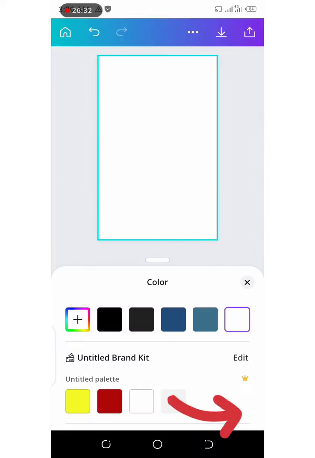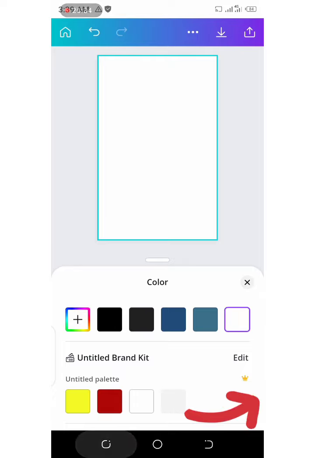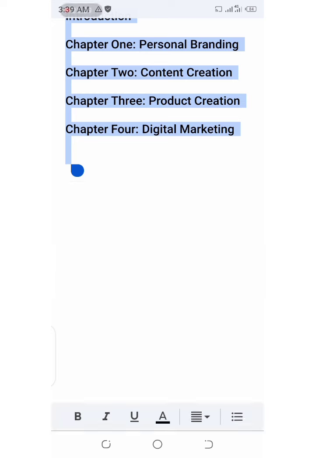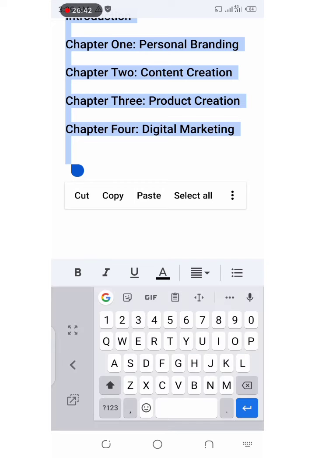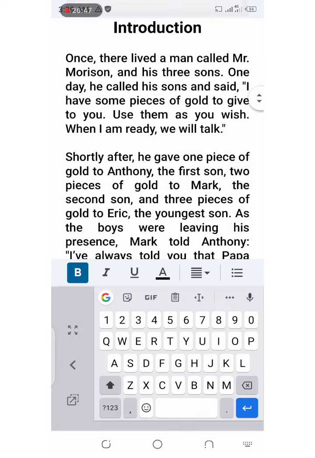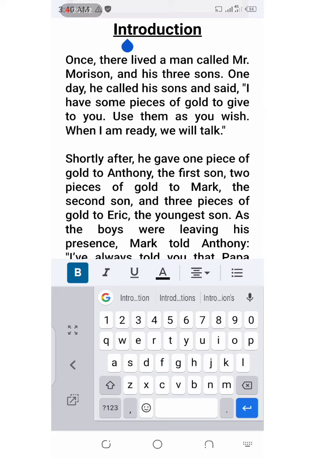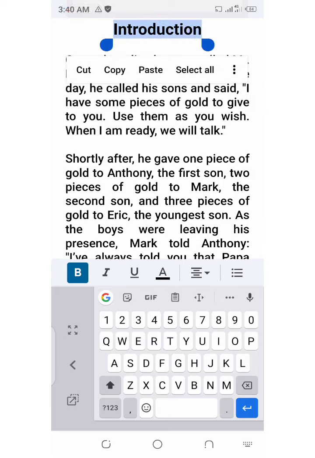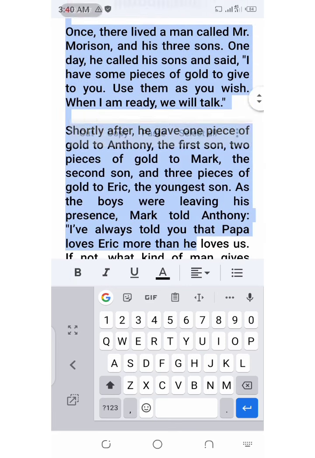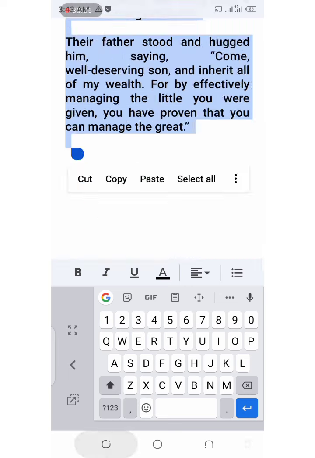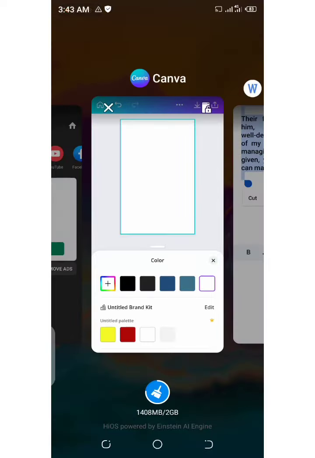Then I will go again to the place where I have my text. I will now copy another text. So this is my introduction. I'm going to copy the introduction now and take it to my Canva. I'll copy the introduction. I go now to my Canva ebook design,